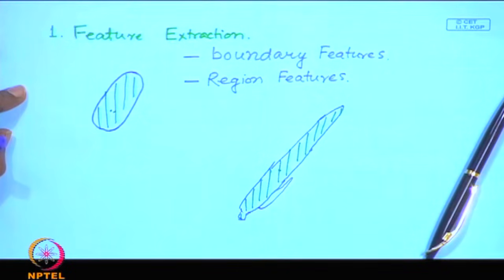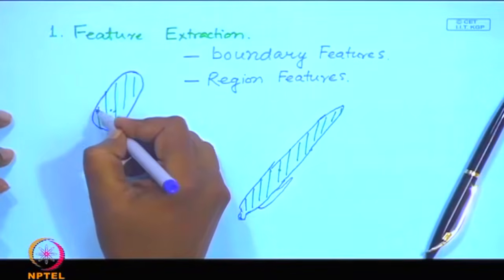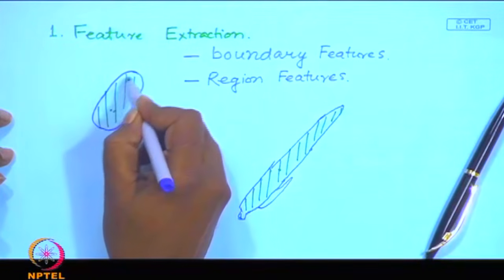And it has been argued that whenever it comes to a shape of an object, most of the information is actually available onto the boundary. Okay. And whenever we cannot discriminate among different objects or the different patterns using boundary information only, then we go for region features which are obtained from the region enclosed from the boundary. So, what are the boundary based features that we can extract out of it?